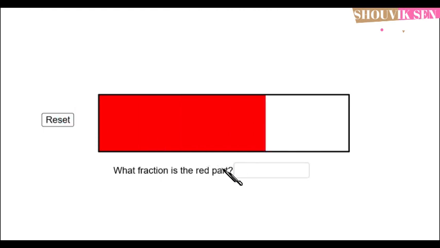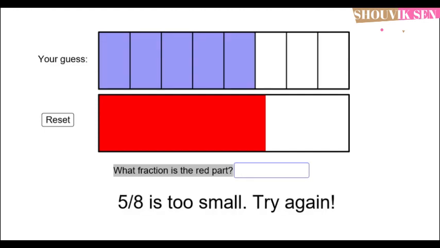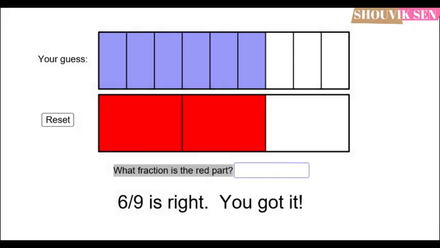And in this case I will say it is 5 by 8. The diagram looks just like the diagram of the previous one. It looks like 5 by 8. Let me guess it. Yeah, 5 by 8. Oh, almost correct, right? It's not actually correct, but it is almost correct. However, we can have that idea. In this case, 6 by 9 is the correct answer.